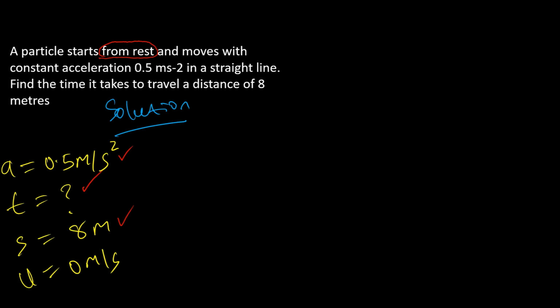So now, which of the equations will be suitable to answer this question? We're going to use s is equal to ut plus half at square. Okay, now let's put our values into the equation. We're going to have that s is 8 is equal to, our u is 0, multiplied by time, t